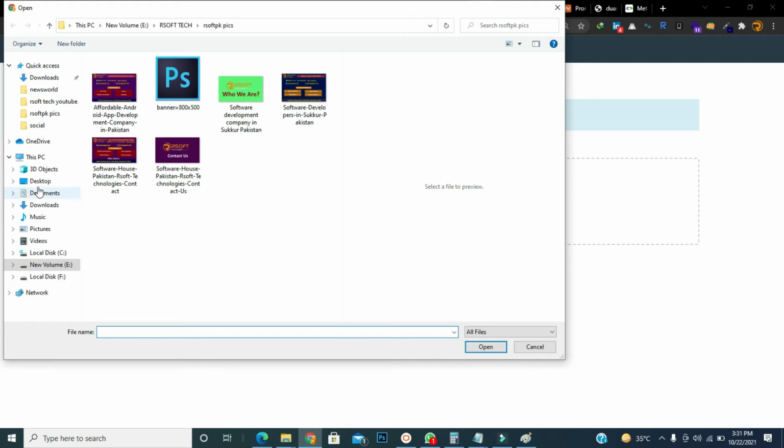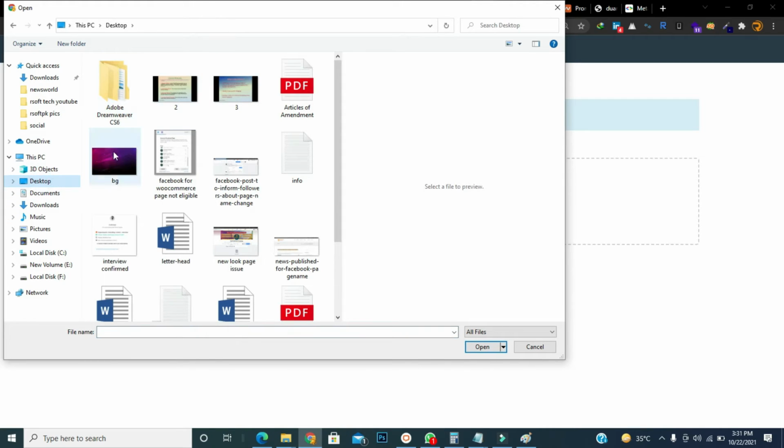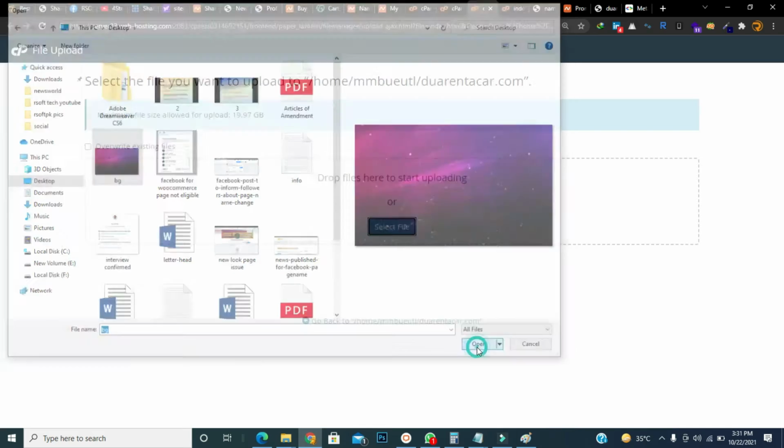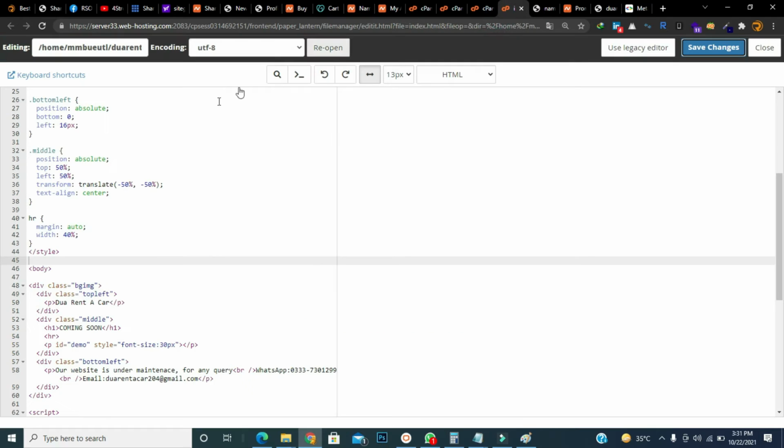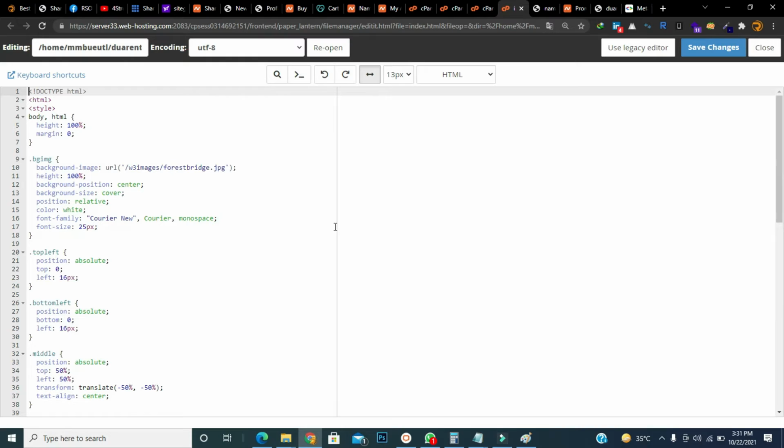My background file is available on the desktop, so I have to go to the desktop and click bg, open. Our file uploaded successfully. Now change the location of the background image in bgimg.